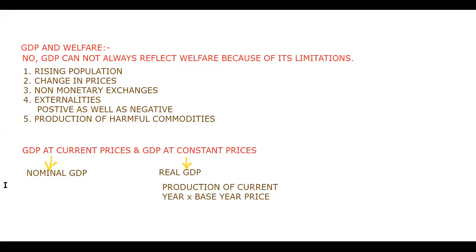And if we have to compute the nominal GDP, what will we do? Production of current year in units, मतलब कितना बनाया आपने, multiplied by current year price. अच्छा, इसको हम लोग नॉमिनल नेशनल इनकम और रियल नेशनल इनकम के बेसिस पे भी कर सकते हैं. That will also be the same if you go for the nominal national income and real national income. Clear? Okay. Now let's move further.